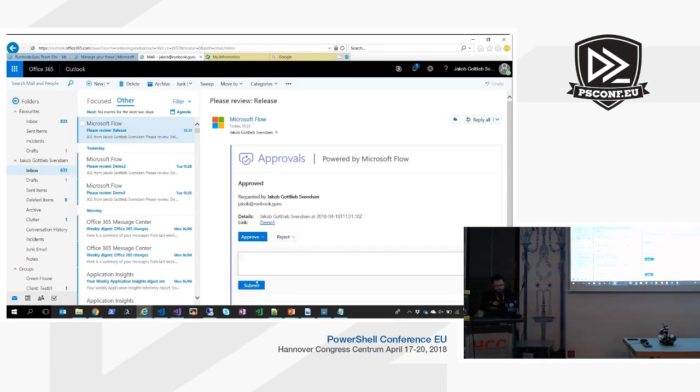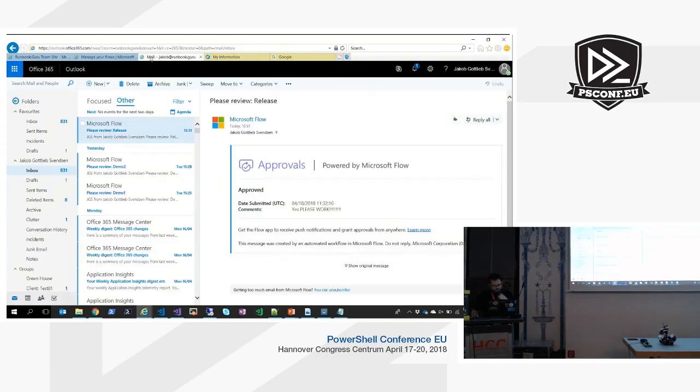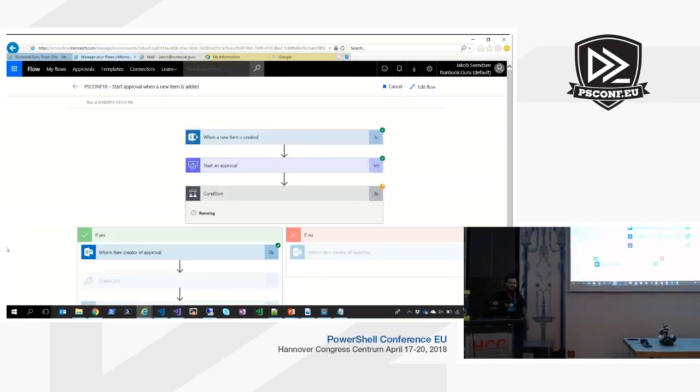We'll approve this. Yes, please work. Something like that. Yeah, and we'll submit this, and I'll switch quickly back to this, because you see it has already found it there, went here, finished that, now started the job in automation. But as I said, it's supposed to wait for the job,